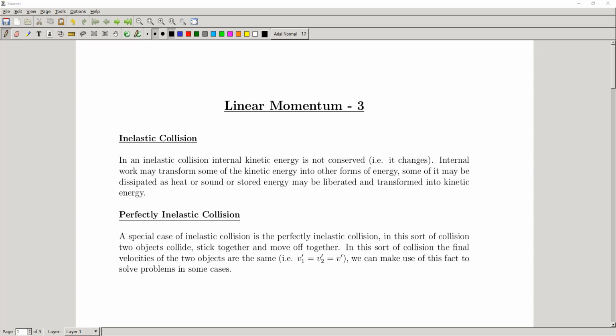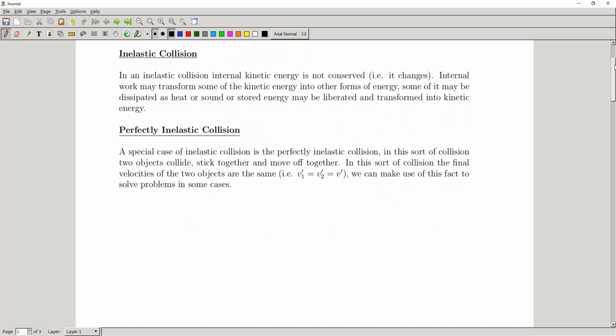So one special case of an inelastic collision is the perfectly inelastic collision. So what's happening in the perfectly inelastic collision is we have two objects which collide, and they stick together during the collision. So they get sort of stuck together during the collision, and after the collision they move off together with the